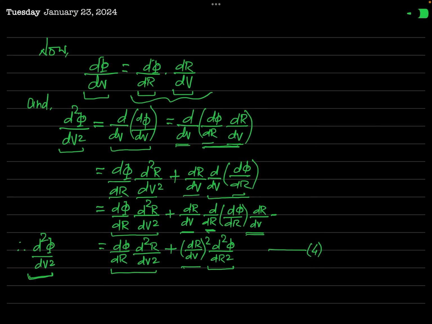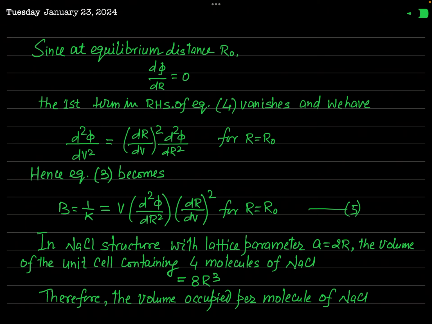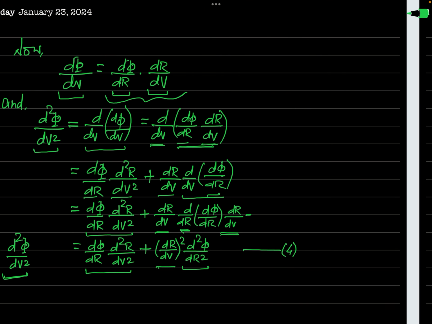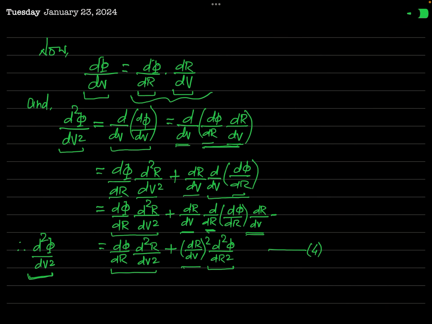Okay, now we know that when a crystal is formed in equilibrium, the equilibrium separation is denoted by R naught, and when the system is in equilibrium, phi is at its minimum value, so d phi by dr is equal to 0. Okay, so if you talk about the equilibrium condition, then as d phi by dr will be 0 in equilibrium,